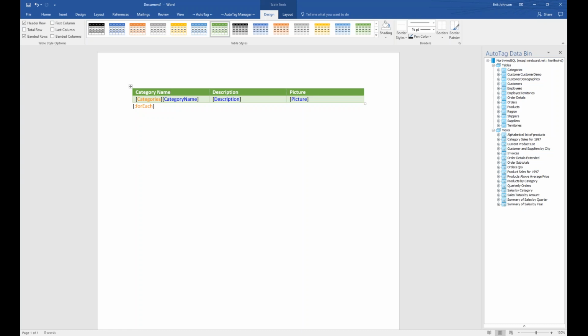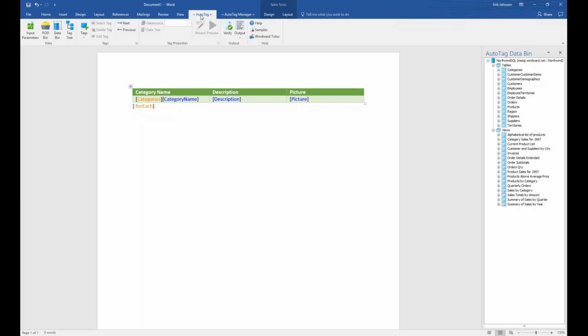So now let's go ahead and output this to see how it looks. I'm going to go back to the AutoTag tab, and here's the output button. You could either click this button right here, or there's a drop down. I'm going to go ahead and expand on this drop down, and here are the different output options. You can output the docx, HTML, PDF, can output to a printer or RTF,